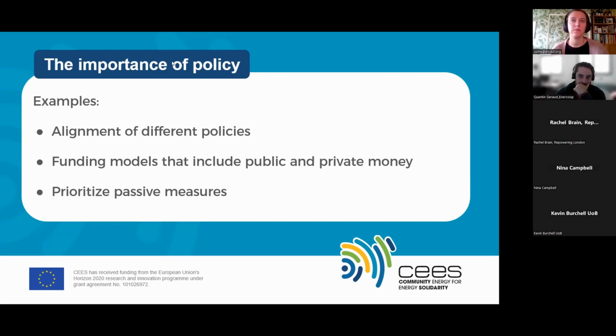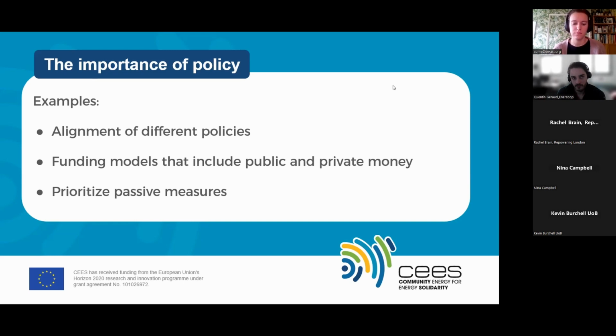Another thing that we discussed in this program was the difference in where we should put the public money when we want to fight energy poverty. For example, in Portugal, you now have public funds, some of them national, some of them European, to put solar PV on your rooftop for self-consumption. And we advocate in this common paper that if the public money is not enough for all the citizens, so maybe we should